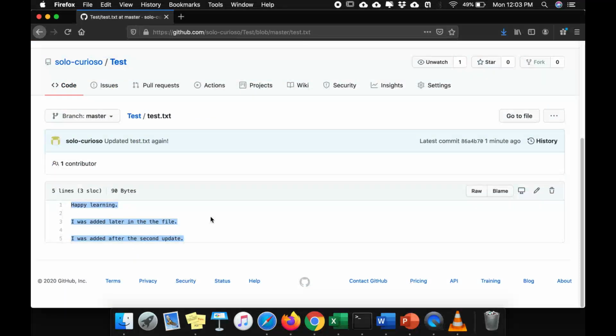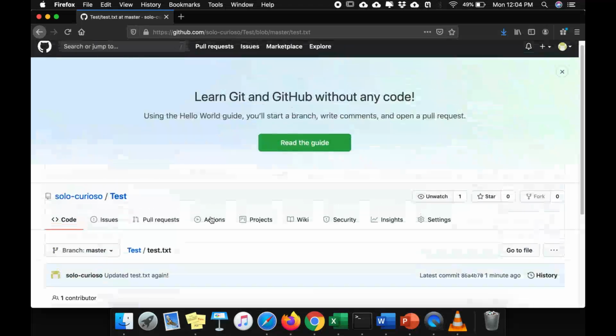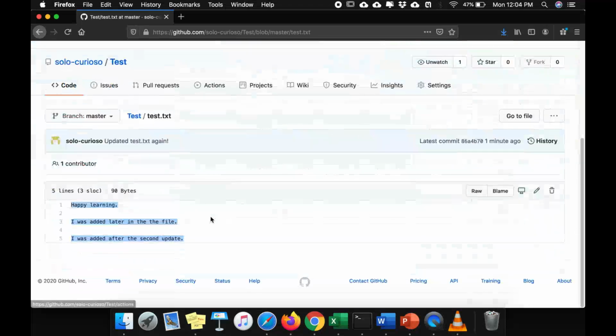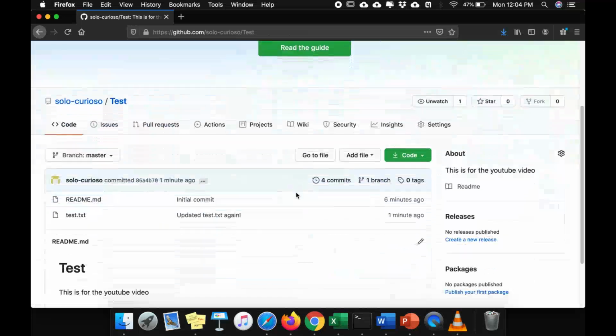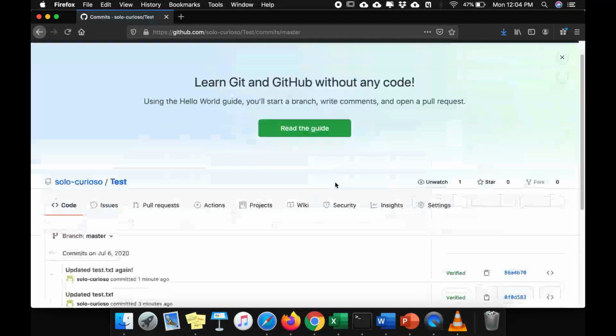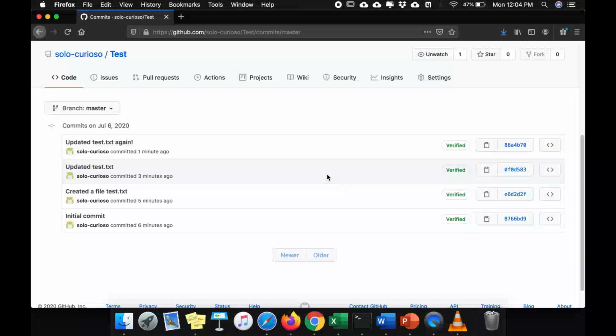So this was a basic hands-on tutorial for how you can use GitHub for adding files and keep track of changes, how they are edited, by whom they are edited and all. Now these were the commits. Let me have a go through once again.